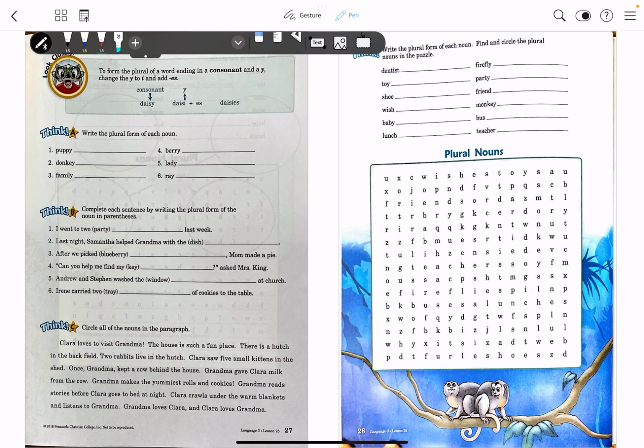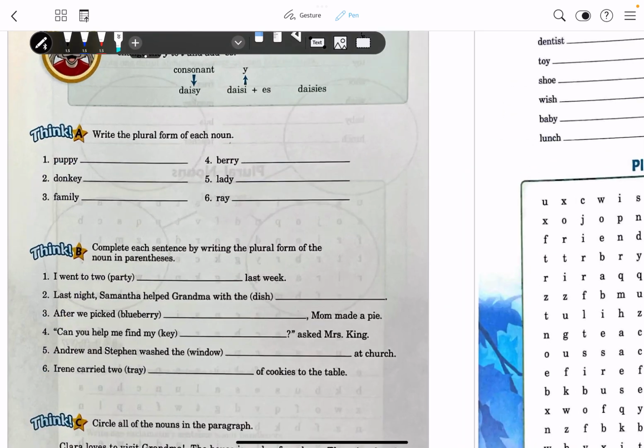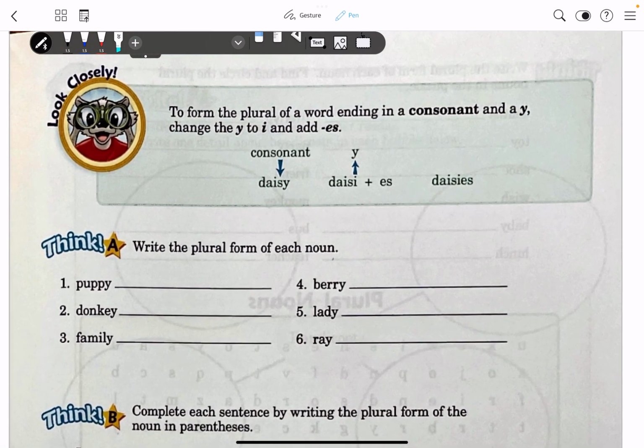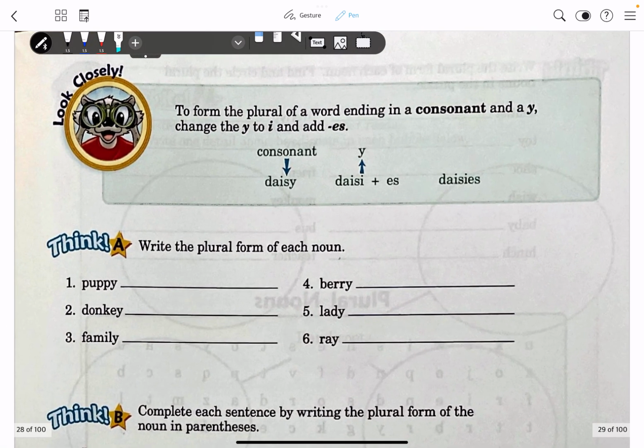Okay, today for grammar, we're doing lesson 25. So go to page 27. All right, so today we are talking about how to change a singular noun into a plural noun when it